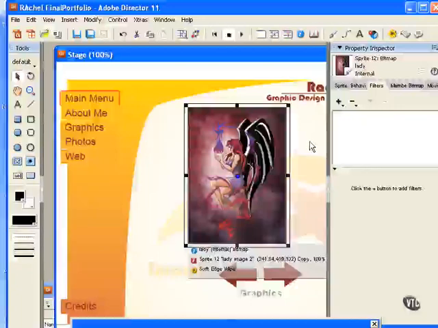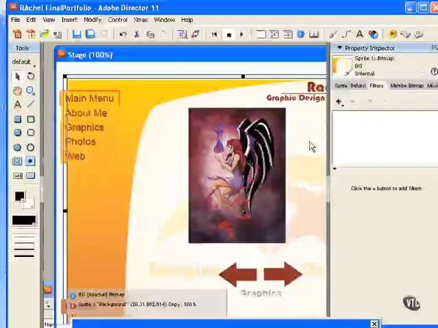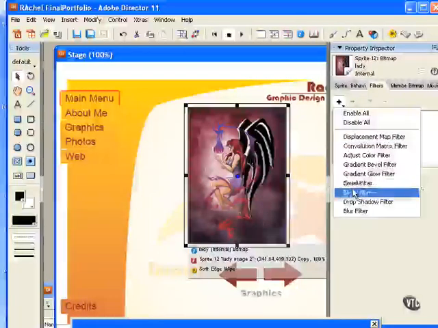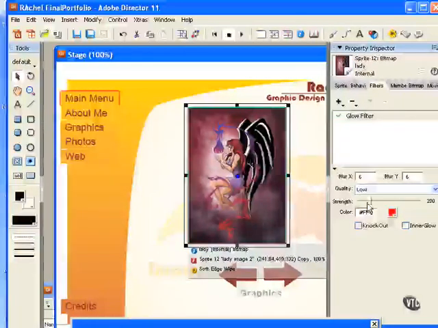The glow filter lets you apply a color all around the edges of a sprite, and to add a glow effect to various sprites you can set the style of the glow in several ways, again including inner, outer, and knockout mode. Let's go ahead and apply a glow filter. Glow filters are oftentimes used in button rollovers. Give a glow effect when you roll over